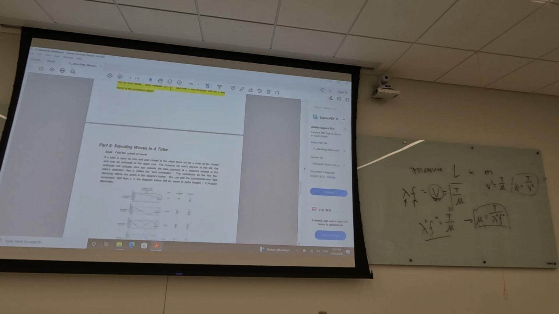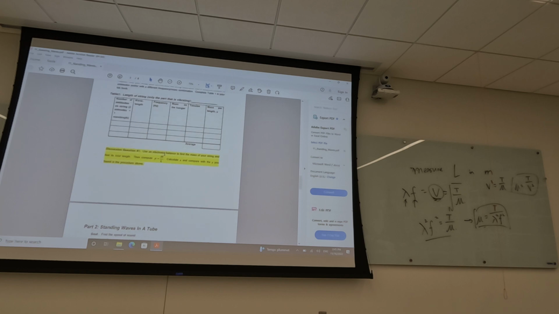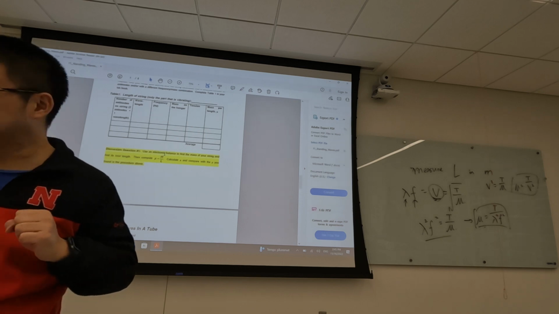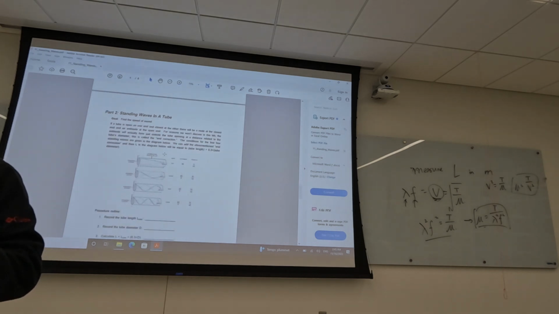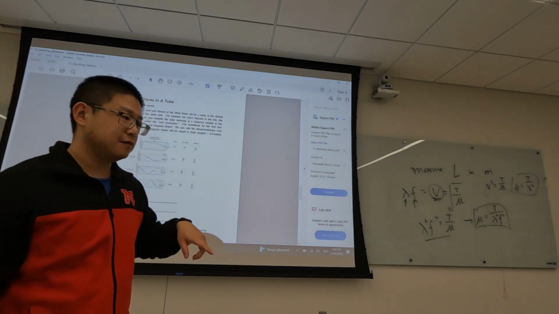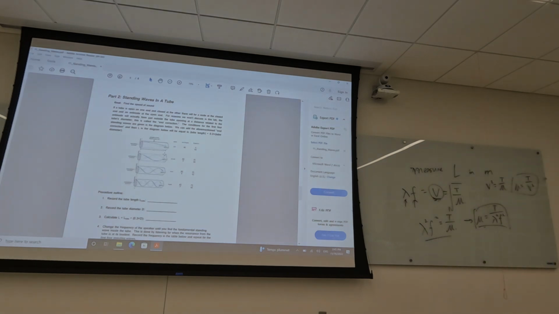Procedure 1 is very important because in previous years they asked you to repeat procedure 1 for the final exam. So make sure everyone knows how to do the experiment. And procedure 2 is the standing wave in a tube. This is the tube, this is the speaker. So what you